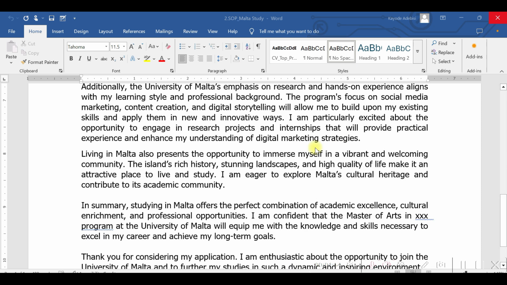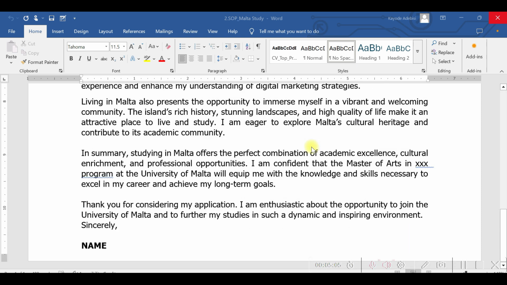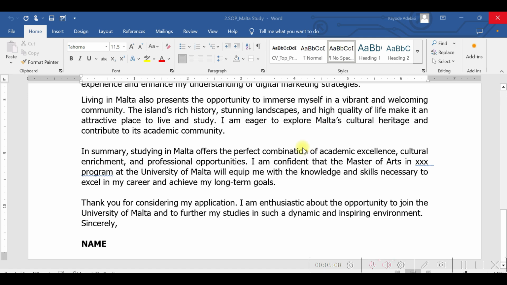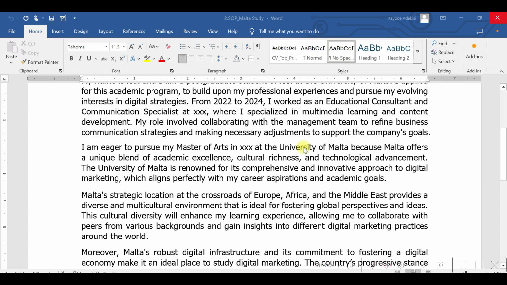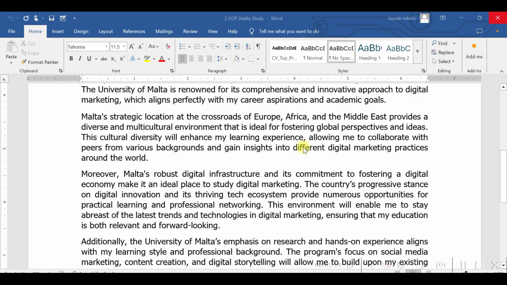Then also she made her research. She discussed the living opportunities and living conditions in Malta. This is a very solid SOP. And of course, she concluded in summary. And remember, your SOP should always be concise. If you look at this, it is just one page. The earlier one I shared with you was a 2-page document. This is just one page. Be concise, get all the facts, don't write long stories, and be rest assured that this would be a buy-in for you.